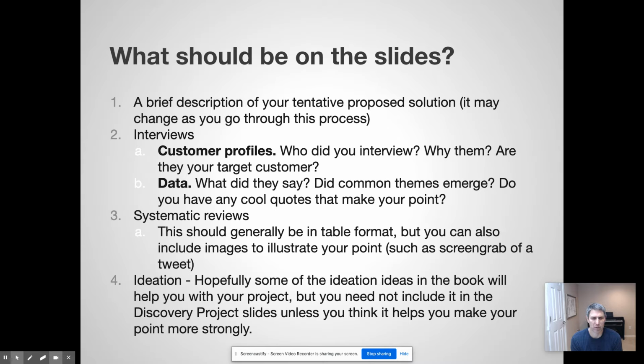Like maybe you propose that they hire an intern and you're trying to work out all the details of who they hire, how they hire them, what this intern's going to do, how they recruit them, how they manage them, etc. So maybe that's your idea. So you'll want to have at least one slide to really quickly say, recall that this is our tentative idea, because what research you do really depends on your preliminary idea,